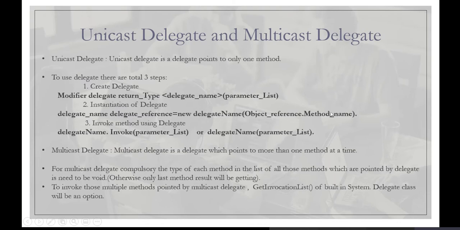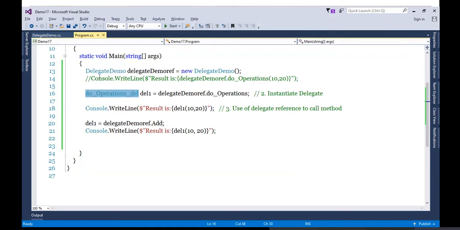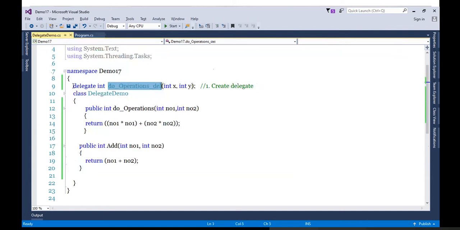But before that, you can see the steps. I guess we already saw these steps. You may check out the steps of delegate. To use a delegate, there are three steps. What are those? First, create a delegate. When you create a delegate, you may use a modifier if you want. In some cases, I guess people are using public.